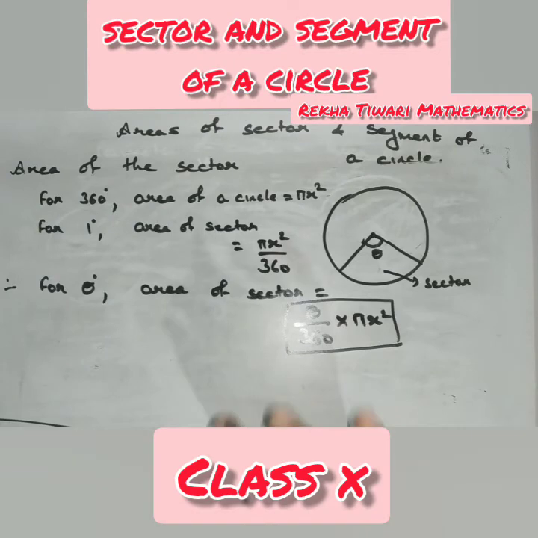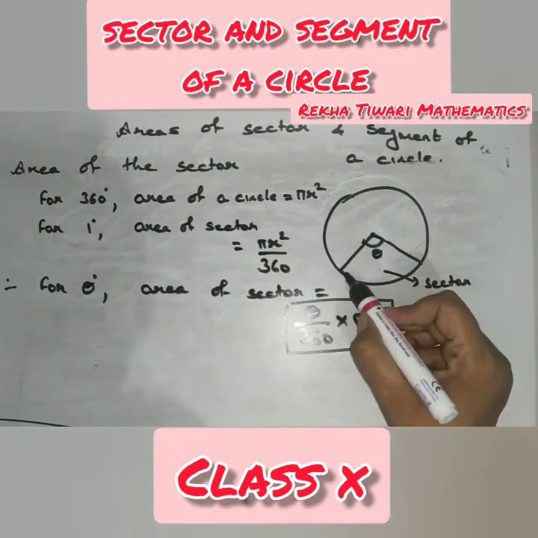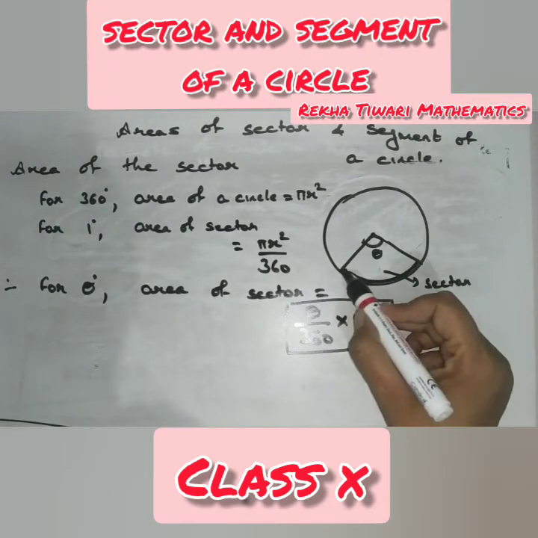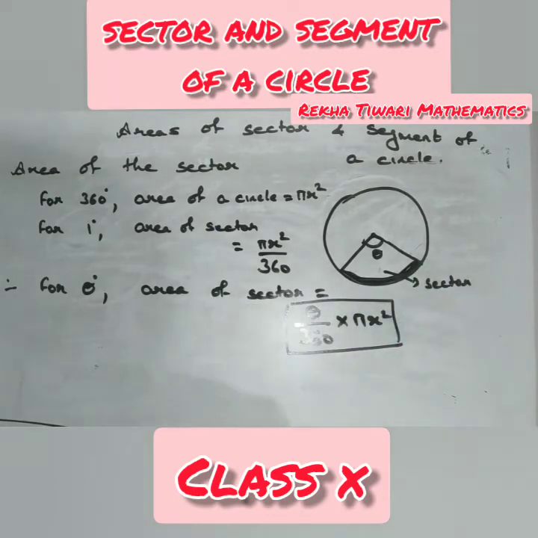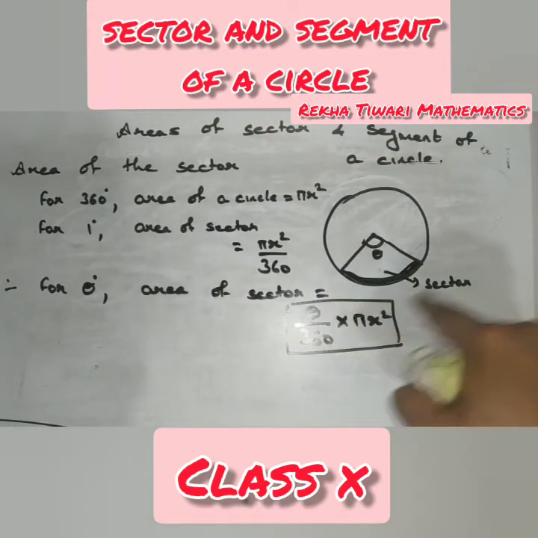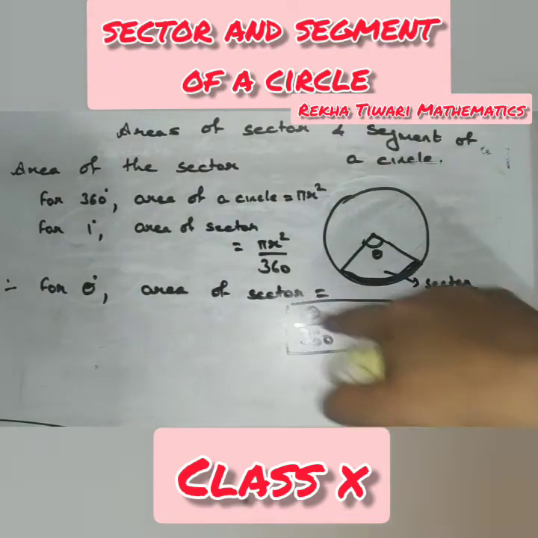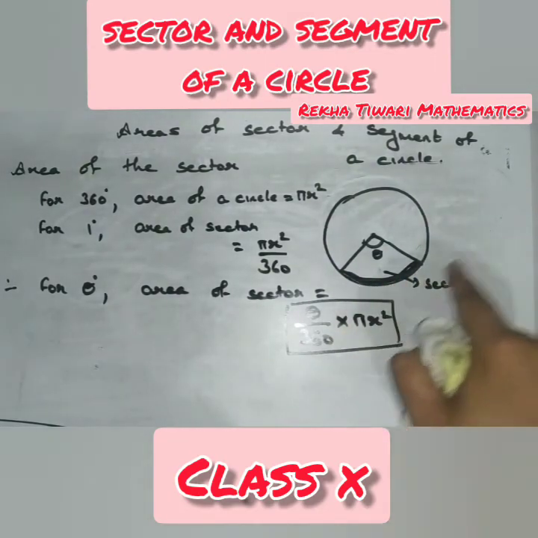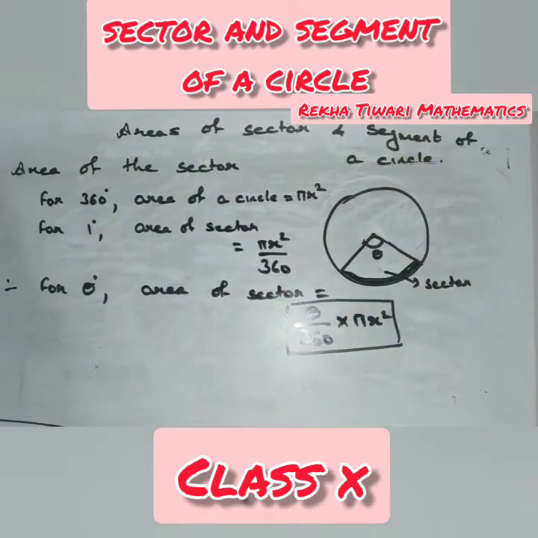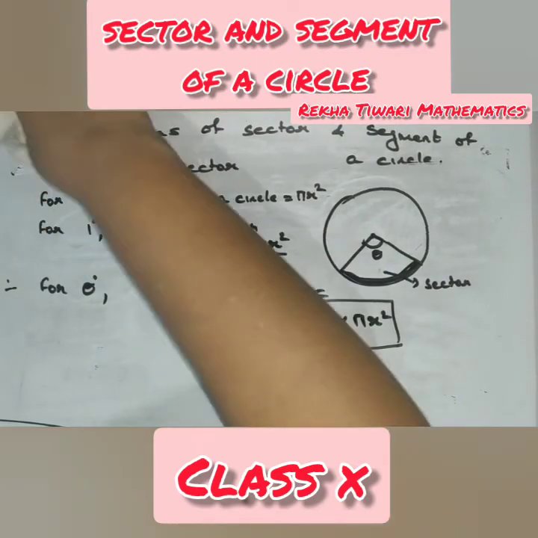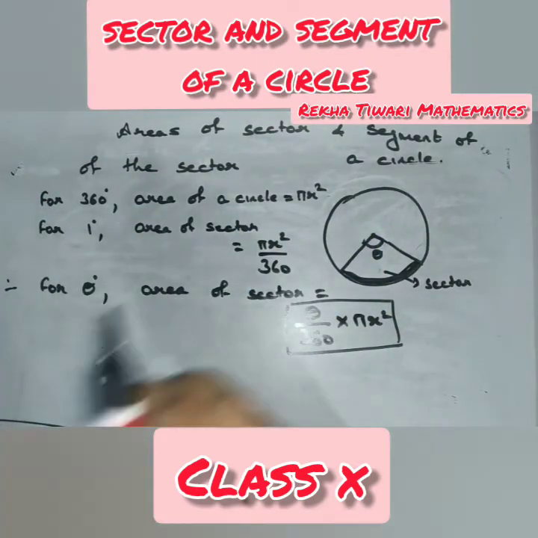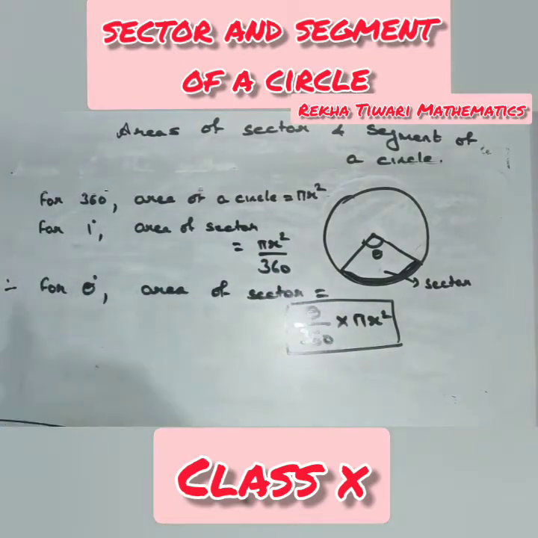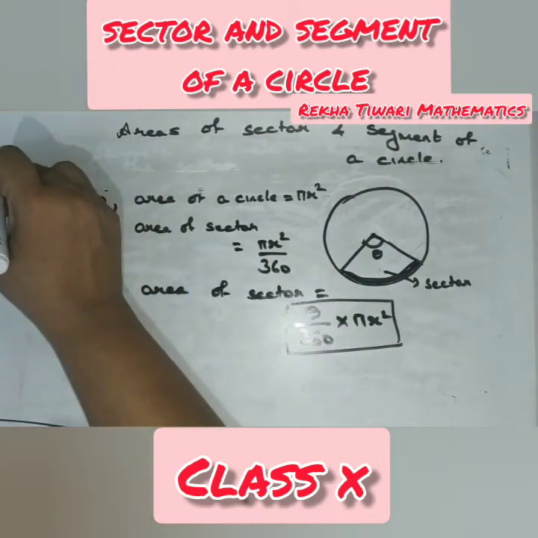Now suppose you have to find out the length of the arc, this arc. So for calculating the length of the arc, length means what? Length is the boundary, whole part of the boundary. Length of arc means part of the circle. Here I am calculating now length of arc. Second formula,